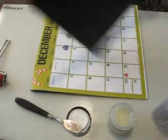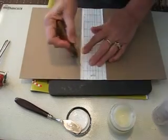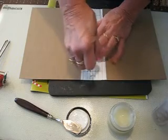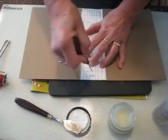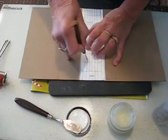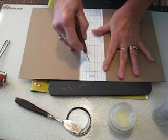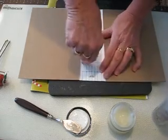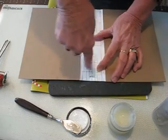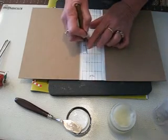And so I get, this is a handy dandy piercing mat from Sizzix. So I'm going to come along, and wherever these lines intersect, I'm going to pierce a hole, and that'll give me the pilot holes. And they will be on the lightweight chipboard. And when I get my medium weight chipboard, then I'll be able to transfer those to my medium weight chipboard. And every place that we have an intersect,